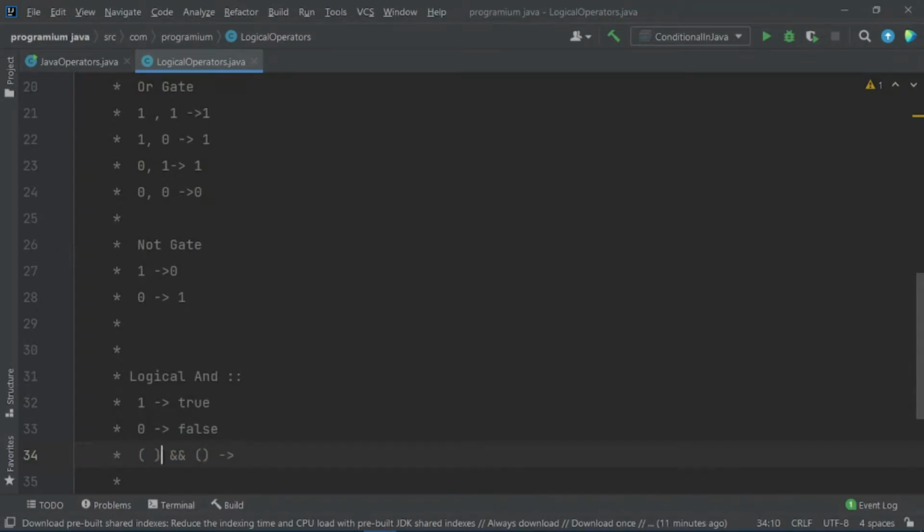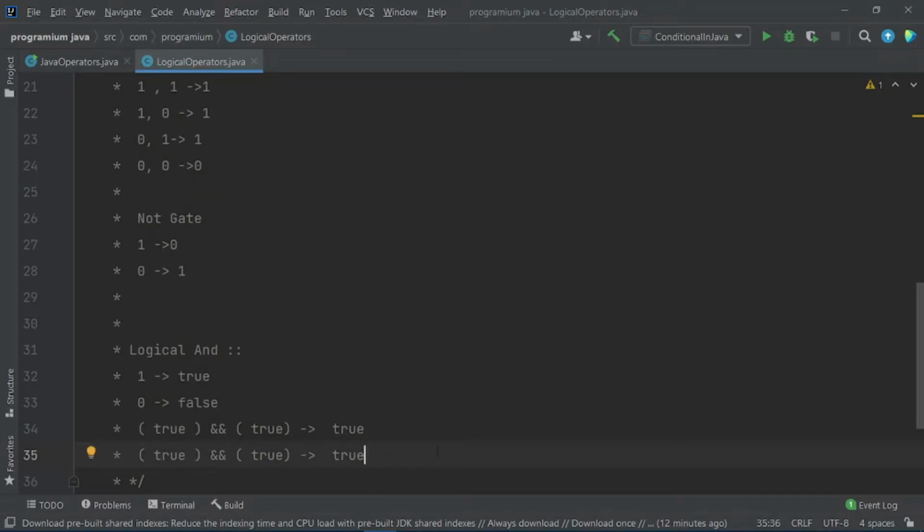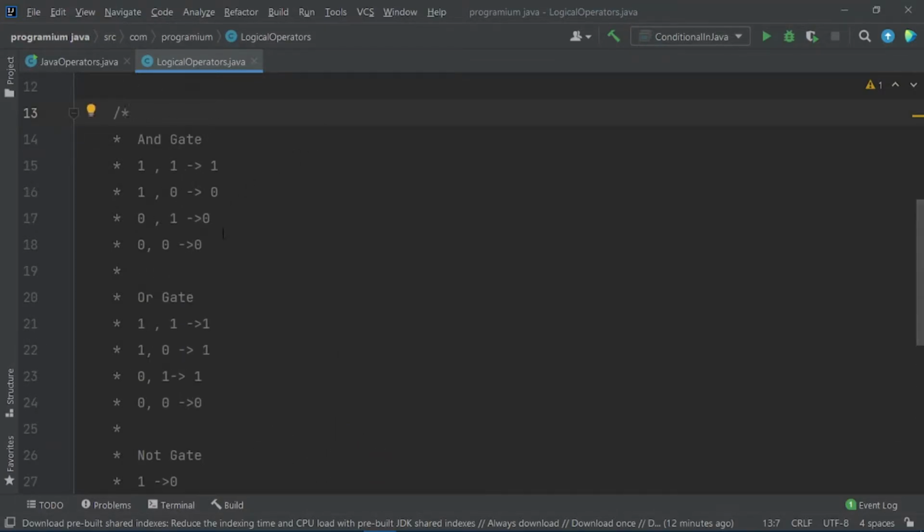So let us see how to write these AND logics here. First, you write the condition you want to check, like if we put here 1 or true, and here we put true, then the result would be true. Let me duplicate this line and paste it here. But what if one of the values or conditions becomes false? Then the result would be false, like the AND gate.